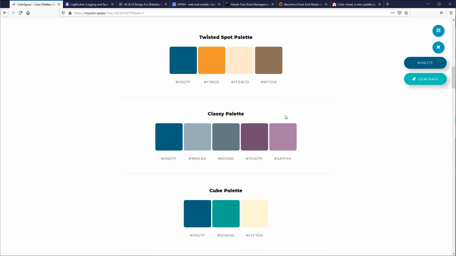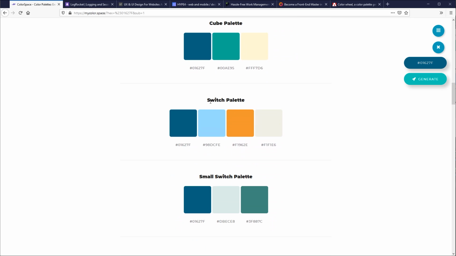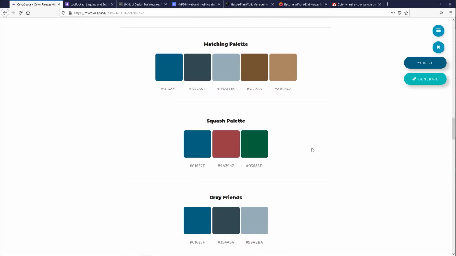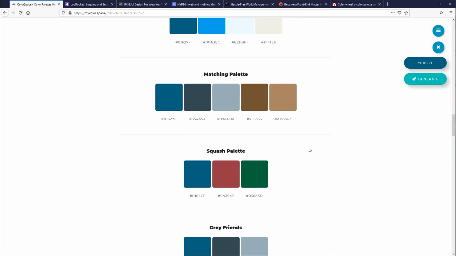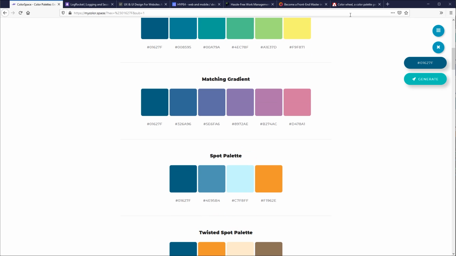So my problem with this though is, look, okay, here's the cube palette. There's lots of cool names. Switch palette again, it's the complementary. But it's coming up with all these color schemes that have lots of colors in them. It makes it hard to work, especially these where there's a whole bunch, or Adobe does